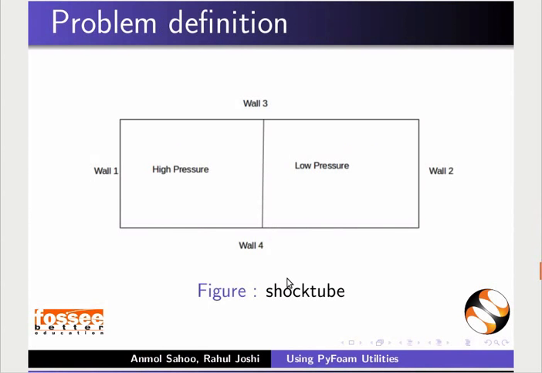ShockTube is an instrument used to replicate and direct blast waves at a sensor to model actual explosions and their effects. In this case, the rectangular tube has low pressure on the right side and high pressure on the left side. Both the pressure zones are separated by a thin diaphragm.